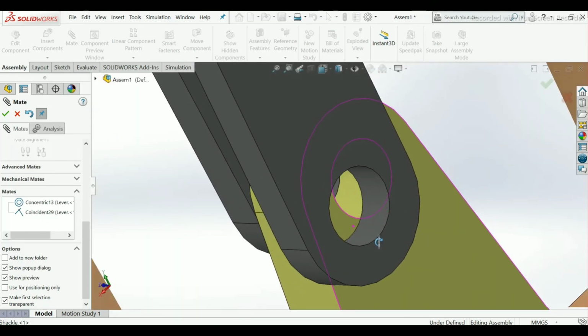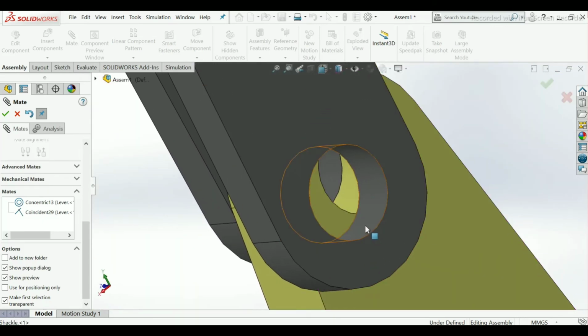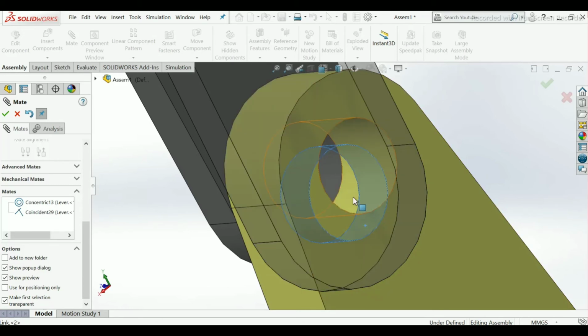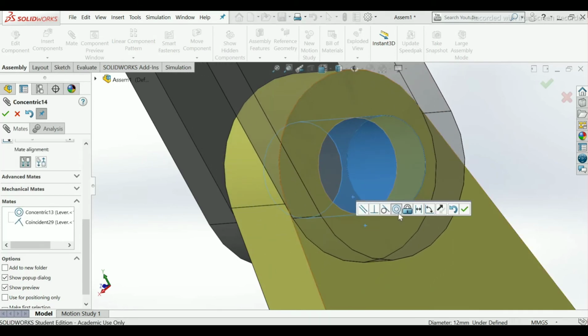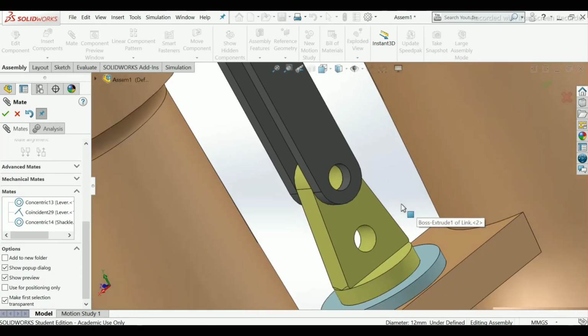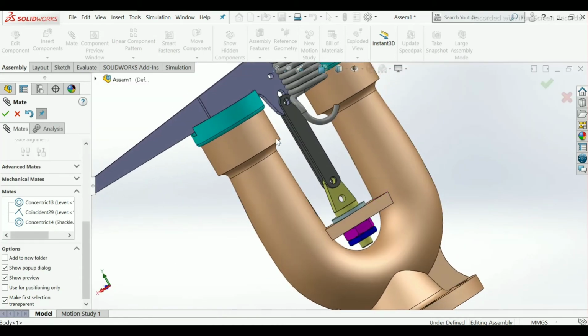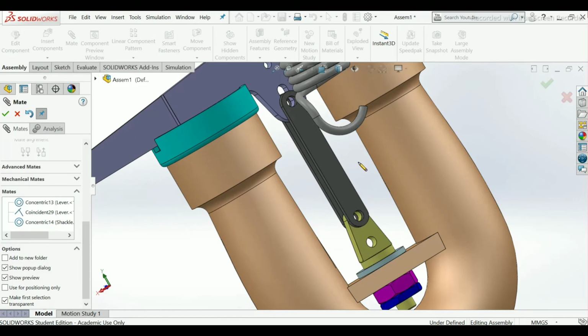here you can see it is not concentric. To make this concentric, I will choose this face and this face, make it concentric. Okay, let's see whether it is fully defined or not. Here you can see what is written.